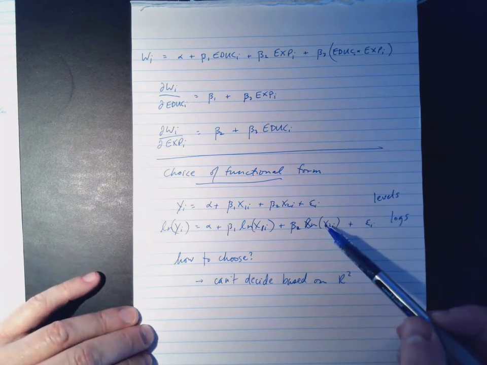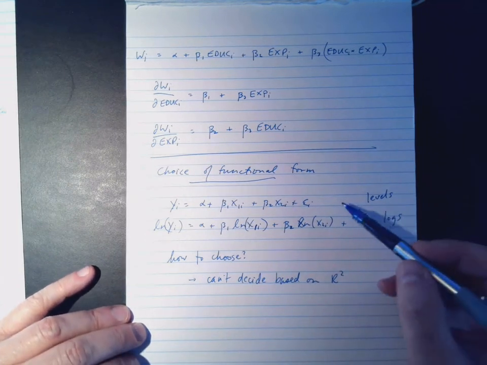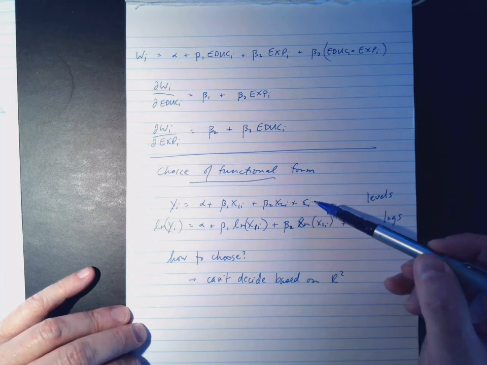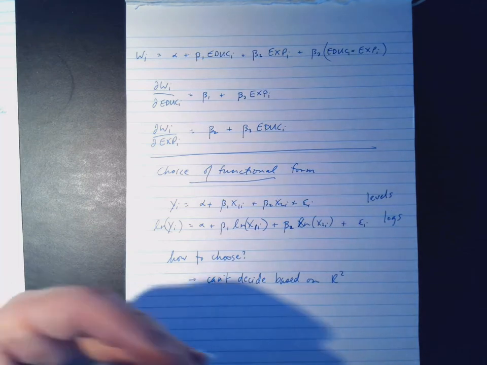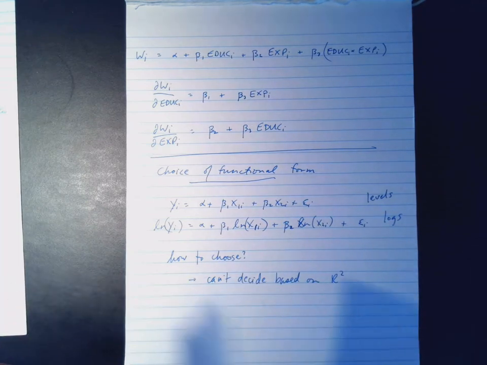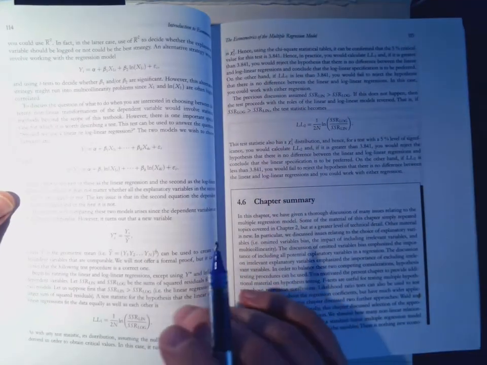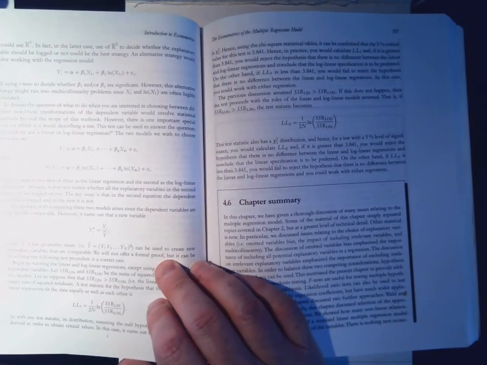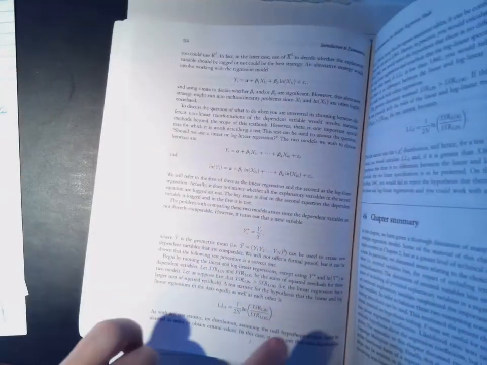What we'd need is some kind of a statistical test. So we'd need a way of looking at, let's say, the sum of the squared residuals from this version and the sum of the squared residuals from this version. There's a couple of ways of doing that, but if it ever came up, on page 114 in the textbook,